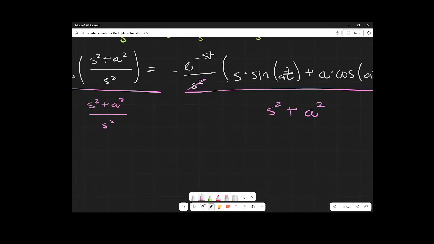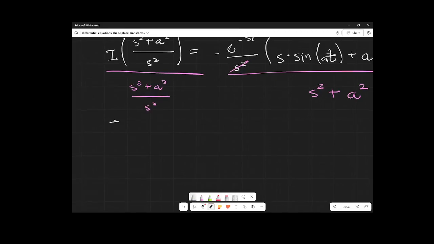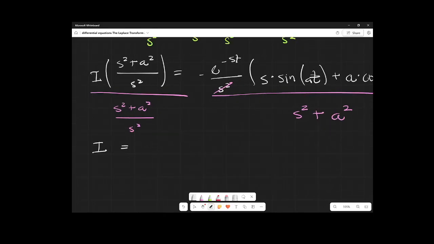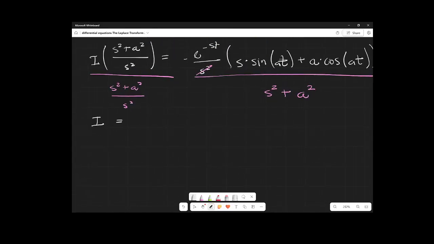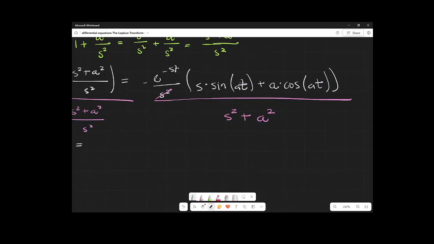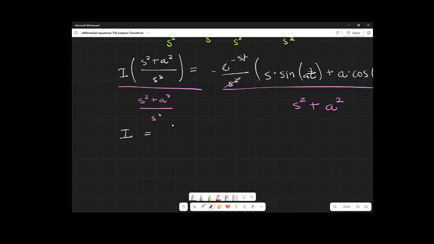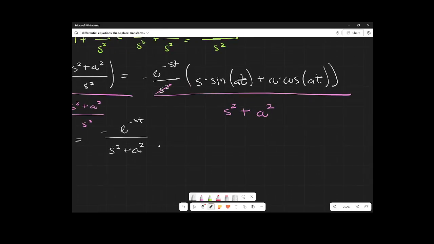And so what we have then is, this algebra is pretty heavy, so I'm going to do the same thing for cosine as well, but we'll go much faster on that one. So if I just rewrite this, we have negative e to the negative st divided by s squared plus a squared, and then times what is inside this